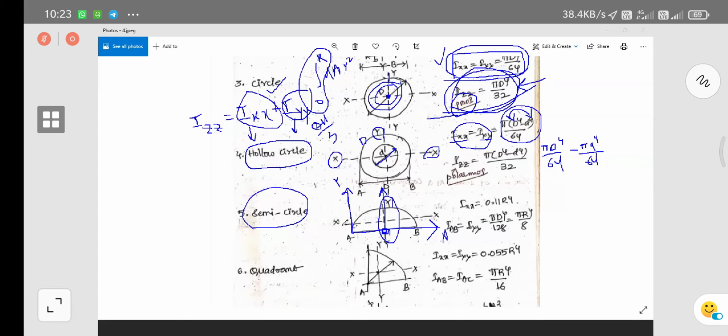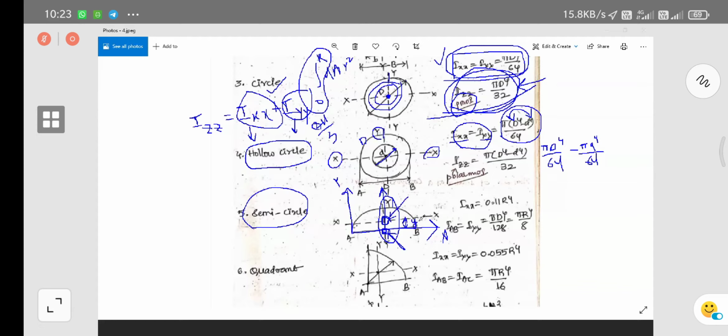But there is another thing, XX. For this semicircle, this is the center point, which is the center point of the circle. The centroid of this semicircle is located at a certain distance from the AB axis. For some time I have assumed that as some distance, that is y.